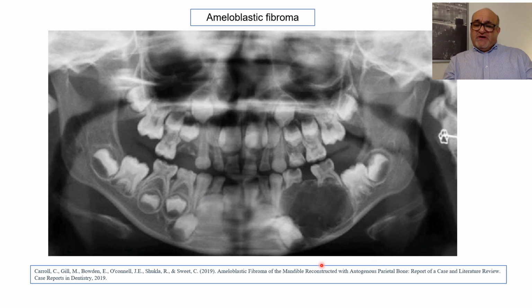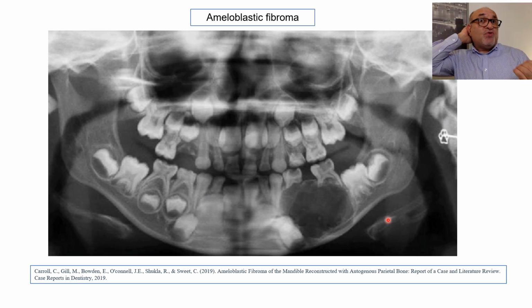Another lesion is the ameloblastic fibroma. Ameloblastic fibroma is a mixed tumor that you can find with a certain prevalence in the younger age group. Typically, you usually can't find it in the combined or the mixed dentition, and the top age is in the 20s. Males seem to be more affected than females, and actually it can affect any